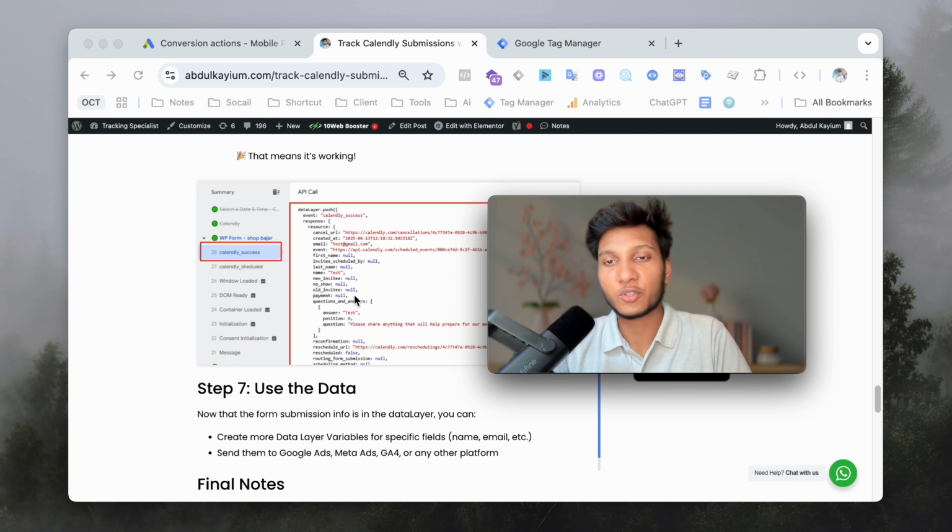Hi, in today's video I want to share with you how you can embed your calendar form in your website, and also how you can track your calendar form with user data like user email and phone number using Google Tag Manager. So first I'll share with you how you can embed your calendar form in your website, and then